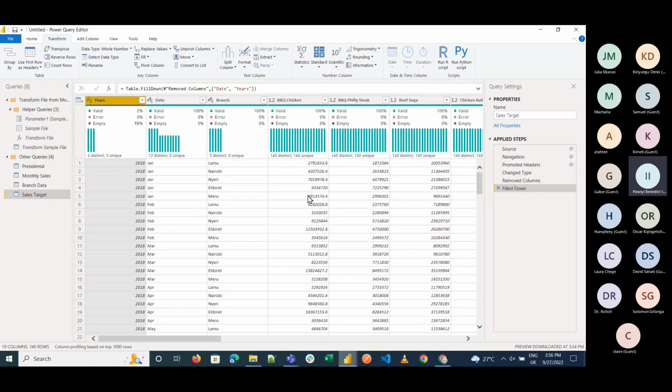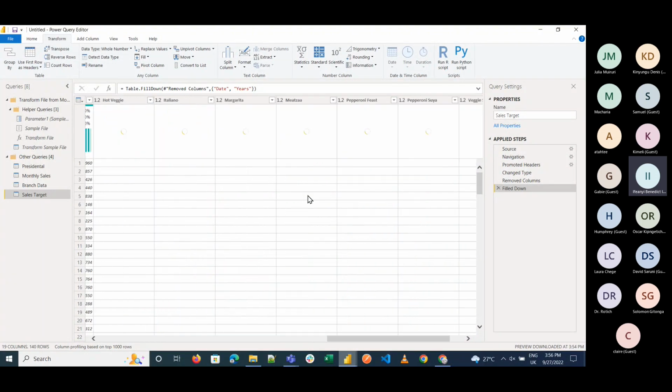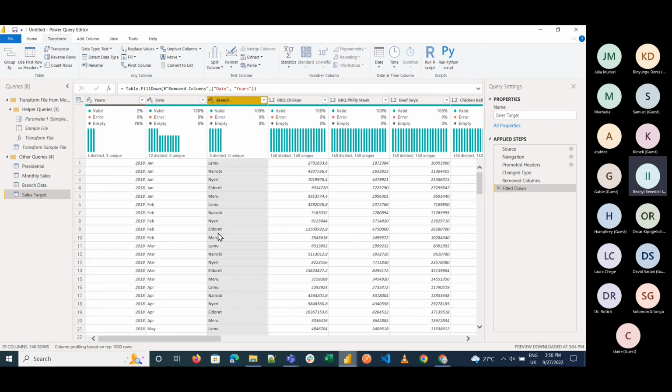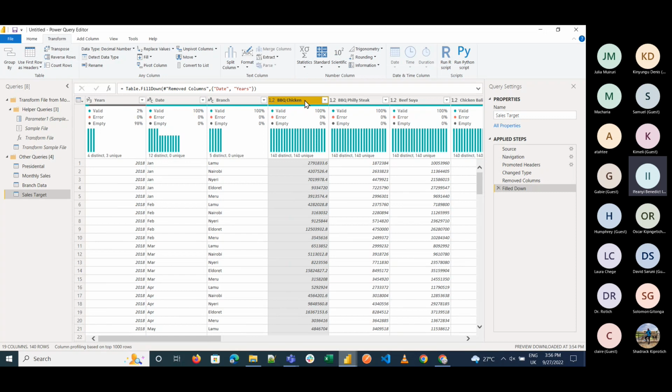So now that we have this, we have our table here. We have also again the branches here. We could merge these two to give us each of the branches and the branch managers as well. But before we do that, I want to unpivot these columns. So what unpivot does, it makes your columns rows and your rows columns. And we're doing that